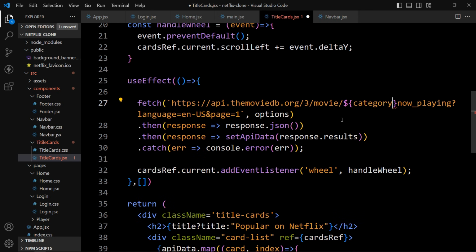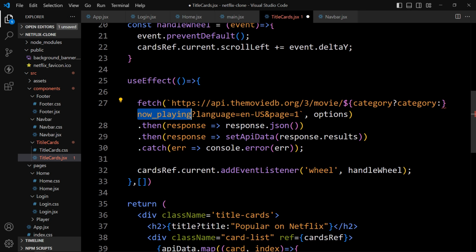we will add category, and here we will add the ternary operator. So if the category is available, so if we are passing the category, in that case it will add the category that we have passed here, else it will add this one now playing.